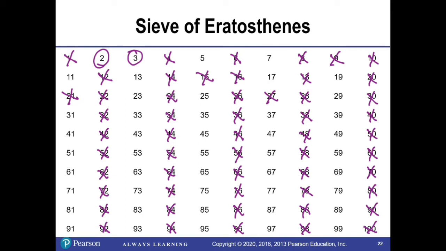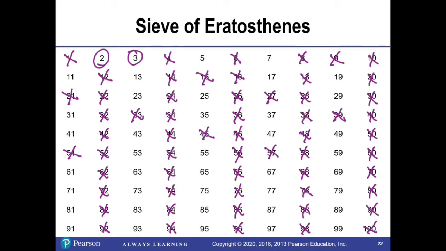It's already crossed out. Plus 3 is 33. Mark it off. Plus 3 is 36. It's already crossed out. Plus 3 is 39. Mark it off. Plus 3 is 42. It's already marked off. Plus 3 is 45. Cross it out. Then we'd have 48, 51. Mark it off. 54,